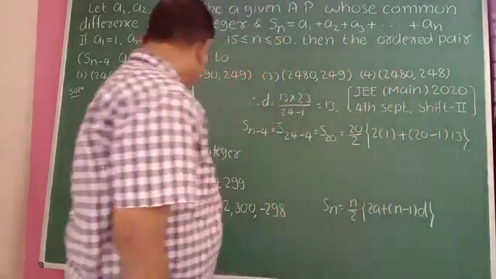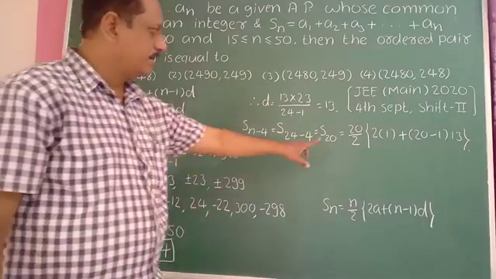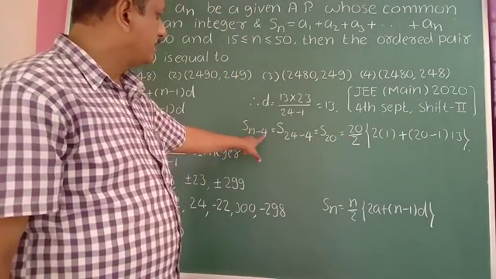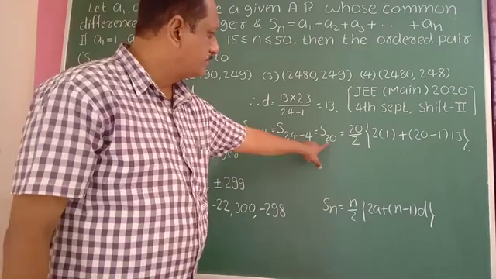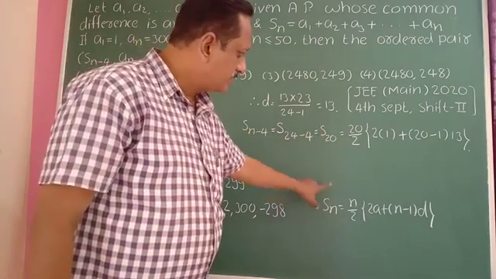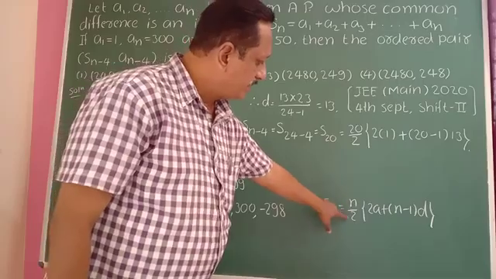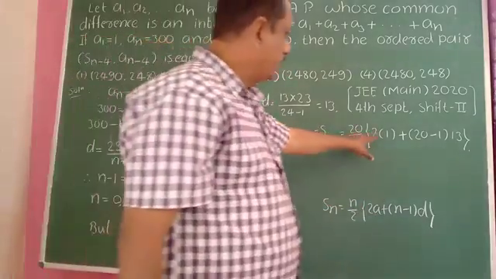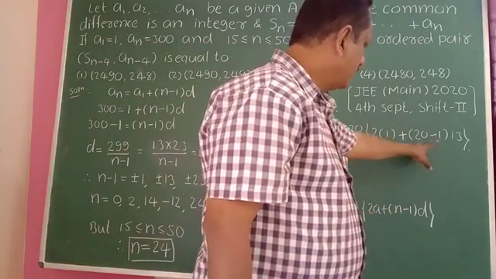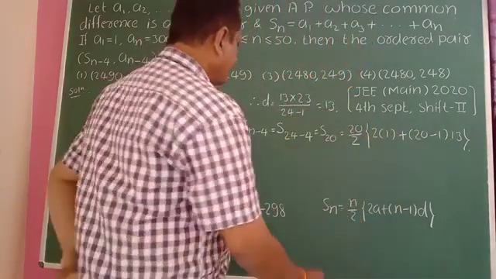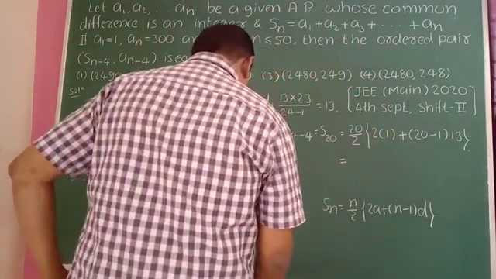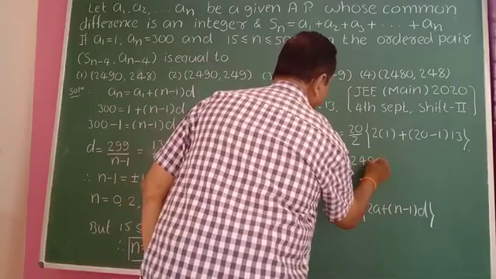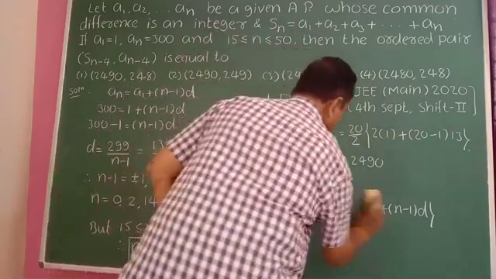Bracket complete here. Okay. Actually, n is 24, you do not use that n here, because here we want n minus 4. n value is 24, 24 minus 4 becomes 20. Yes, 20 means use this formula. Now n becomes 20 here. 20 divided by 2, then 2 into a, first term is 1 here. Therefore write here 2 into 1 plus 20 minus 1 into d, value is this 13 here. Therefore simplify, you will get 2490 here. Just simplify it. You get this value.